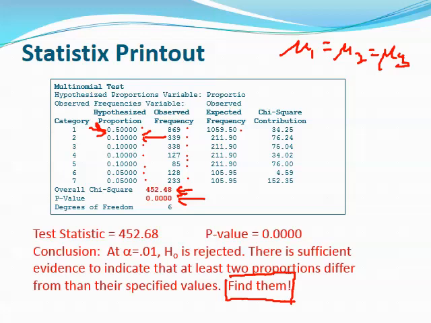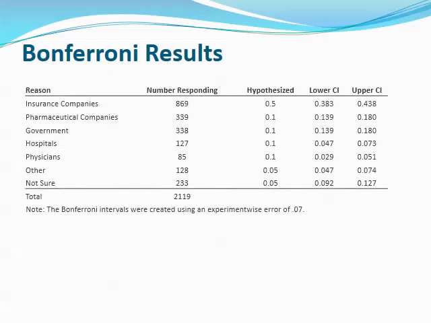Now let me show you what I did on the next slide for you. I went ahead and did exactly that. I looked back at when we were just working with a single proportion, not too long ago, right? A couple videos back, we were looking at working with a single proportion and we had a confidence interval. We plugged the numbers into the statistics software and it gave us the endpoints. Well, this time around I did the same thing, except I said, you know what? I want my overall error, my experiment-wise error, to be 0.07. So I used a 0.01 on this interval and a 0.01 on this interval and all the way down. And here are my